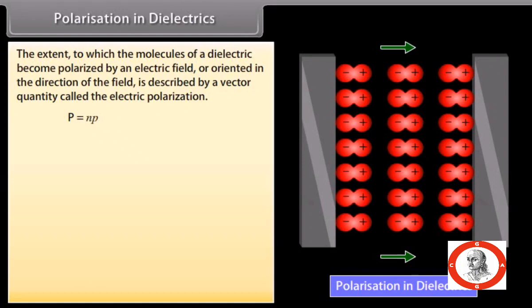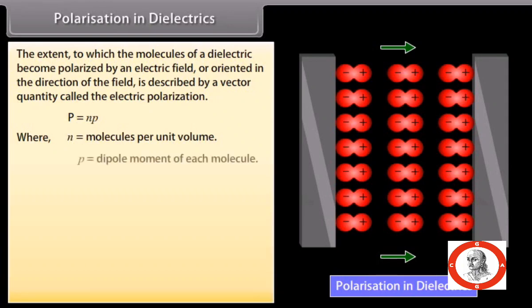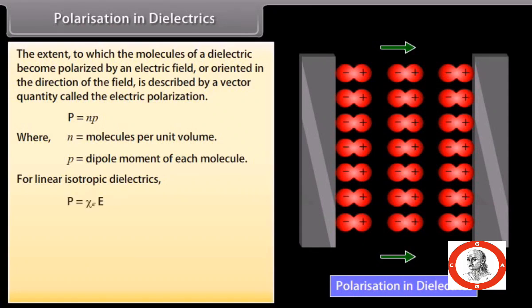P is equal to N p, where N is equal to molecules per unit volume, and p is equal to dipole moment of each molecule. For linear isotropic dielectrics, P is equal to the product of Xi and E, where Xi is known as electric susceptibility